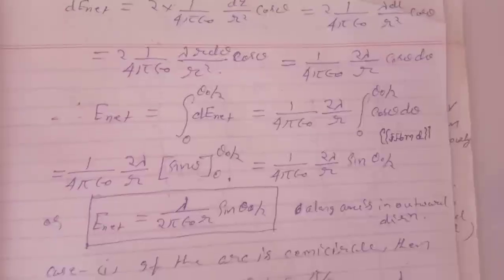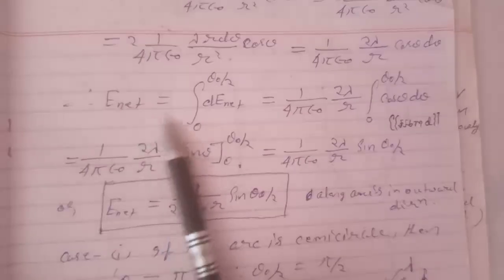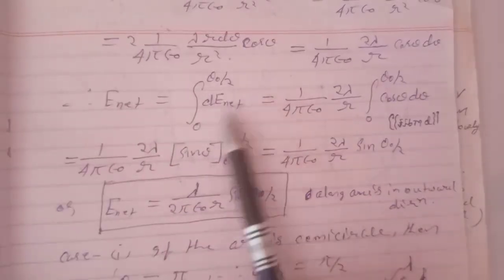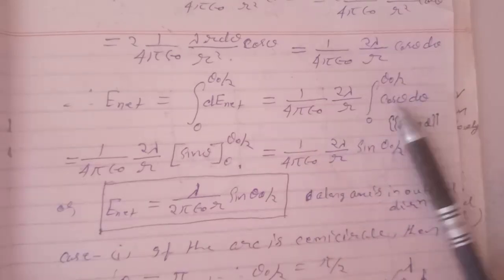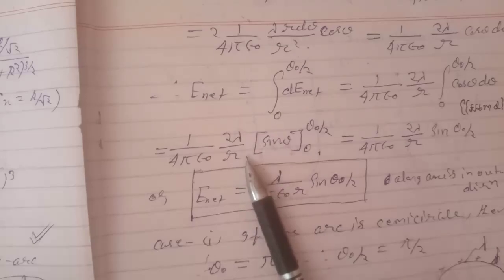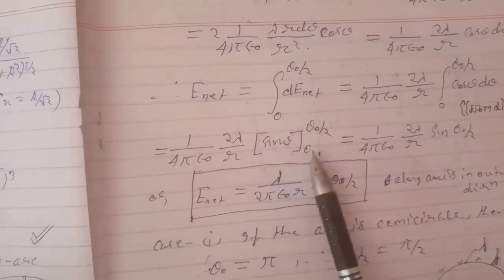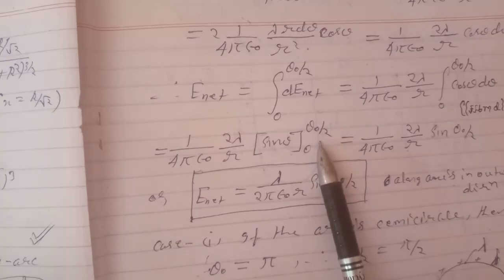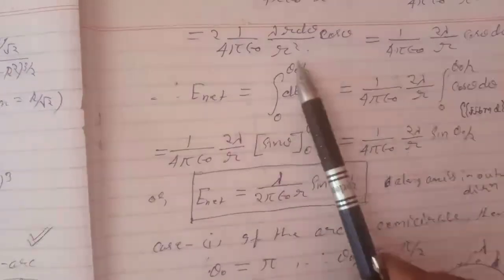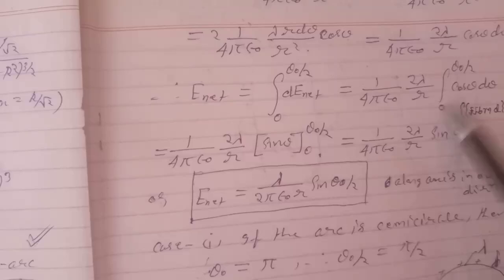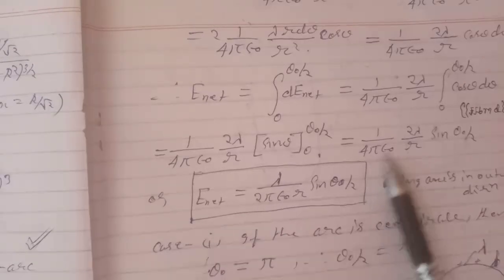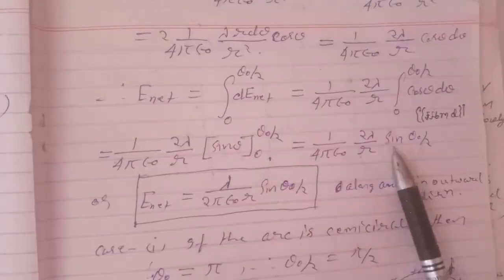So the net field will be E net equals integration from 0 to theta naught by 2 of dE net, equal to 1 by 4 pi epsilon naught 2 lambda by r integral of cos theta d theta. The integration of cos theta is sin theta, and the limits are 0 to theta naught by 2. So E net will be 1 by 4 pi epsilon naught 2 lambda by r sin theta naught by 2,